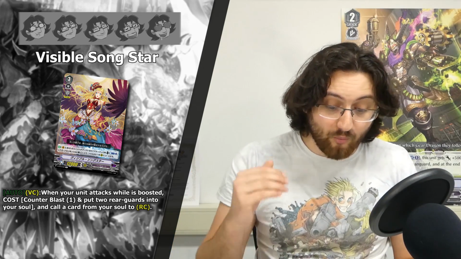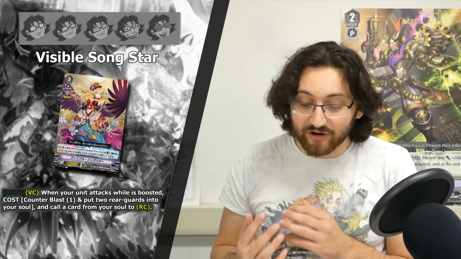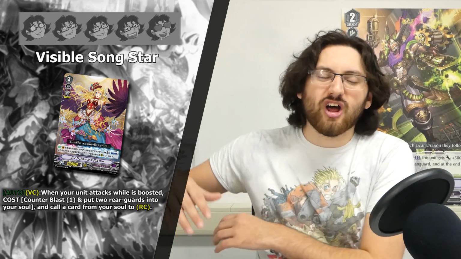So her skill is on a Vanguard circle. When your unit attacks while it's boosted, cost, counterblast 1, put 2 rearguards into your soul and call a card from your rearguard circle. So what this card allows you to do is, when you have a Beast Tamer turn, and usually when you go off in tandem, you might not do a lot of combos, or you are stopped in some part and you still have some counterblast left. This card allows you to use all your counterblast